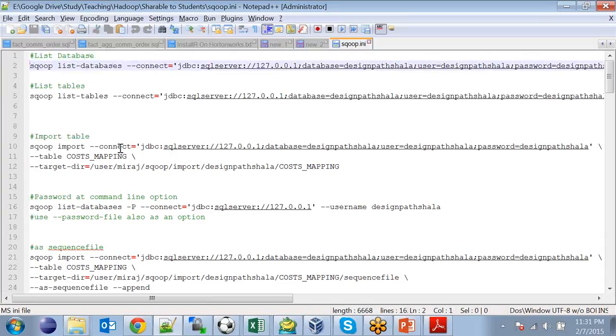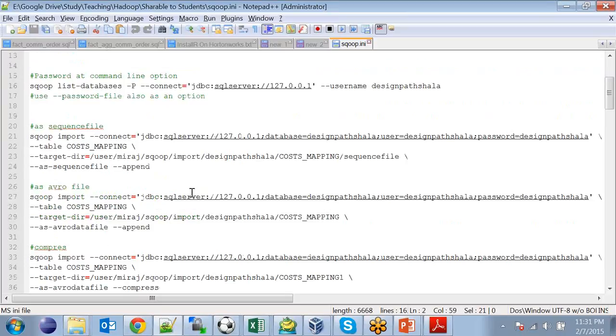Here I am saying sqoop list-databases and connecting to the SQL server, that is my Microsoft MySQL. That is also running as a server on my PC, but that's not running on your servers. On yours, it's running as